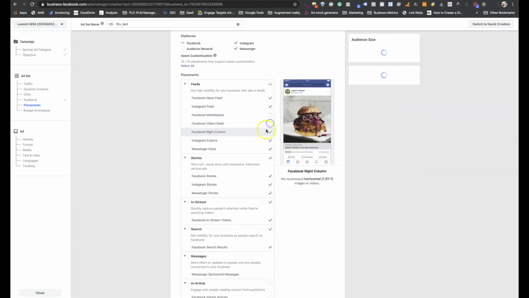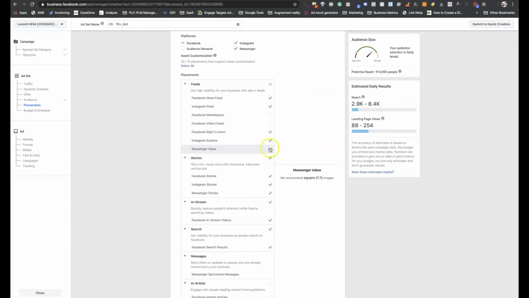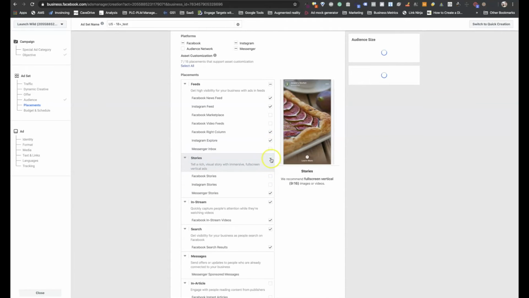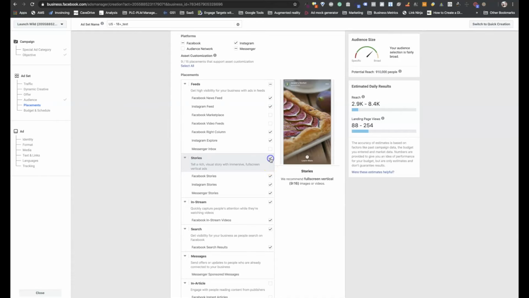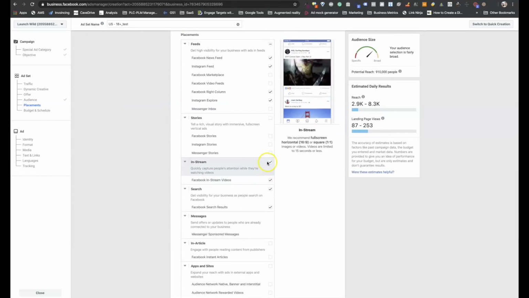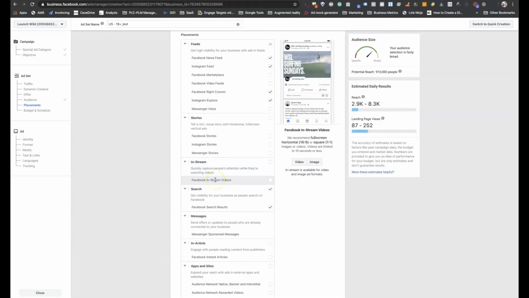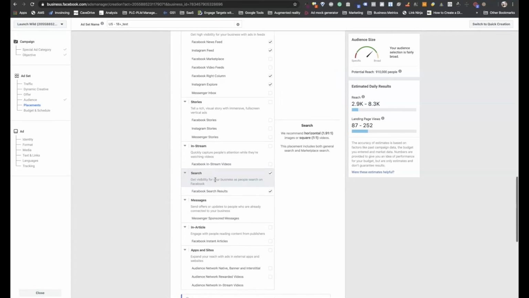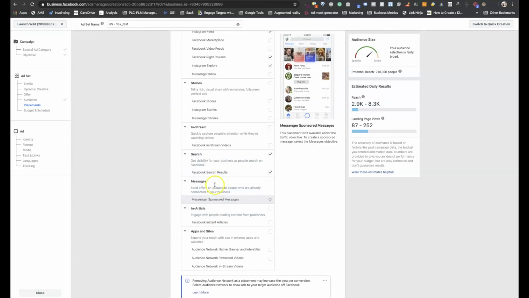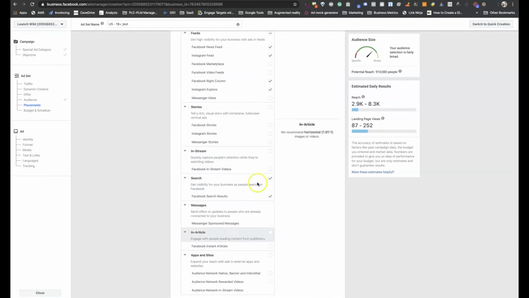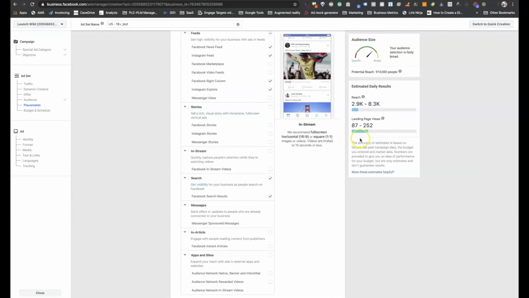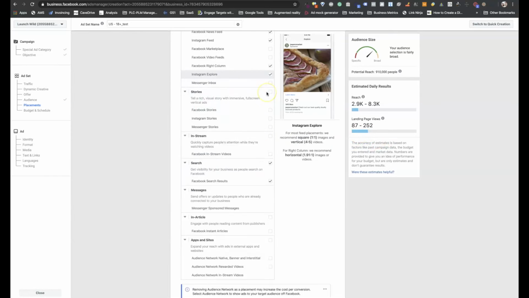segments here. So video feeds, right hand column, interest explorer, get rid of that, get rid of that. Just get rid of the whole set, and in-stream is gone too, because if I'm doing a picture, I'm not going to do a video. But it all comes down to your mix. So I'll actually keep it pretty narrow so I can keep my targets pretty defined as far as where they